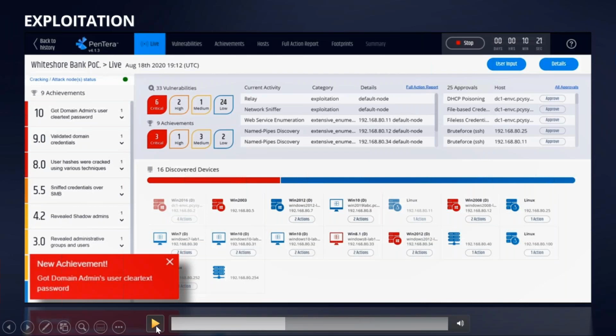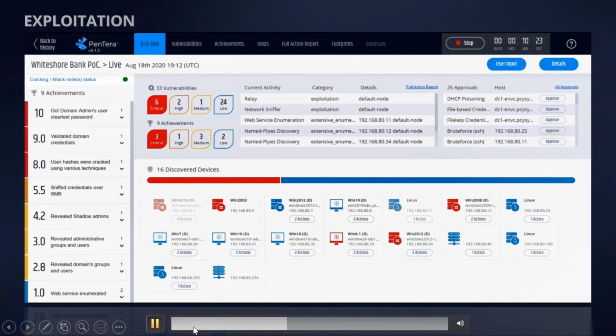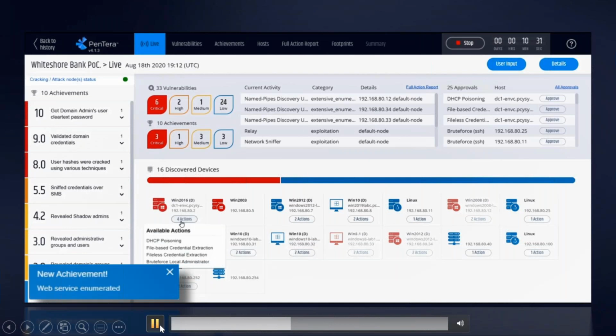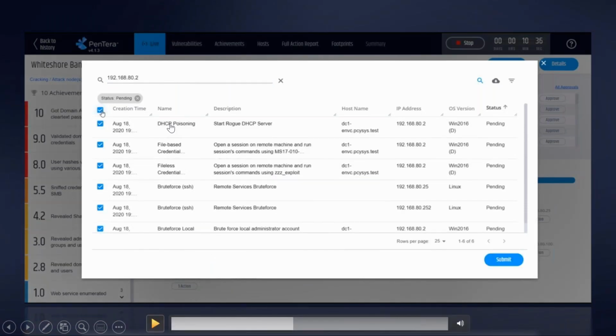So with that, we still have 25 approvals that are waiting to happen here in the top right corner, things that we've said to the machine, don't do this without checking with me first. If we jump in here, we can filter the types of exploits that it wants to run by either the exploit type or the IP. It will show you then, this is what I want to do, this is the host I want to do it to. You can tick whether or not you're happy. If you leave these exploits unticked, it will not run them. If you do as we do here and tick them all and say, yep, I'm happy with all of these,